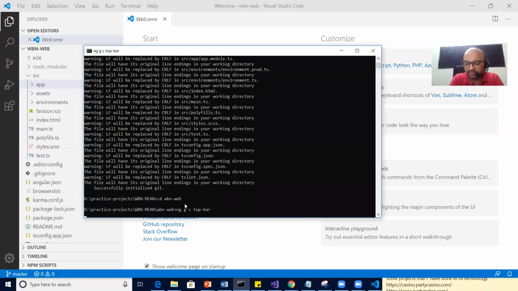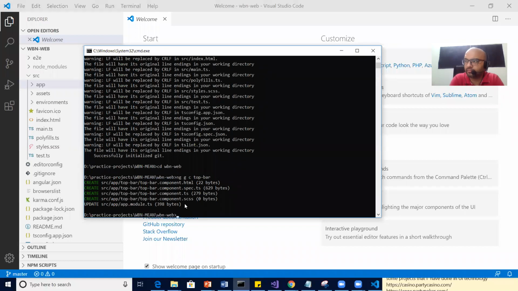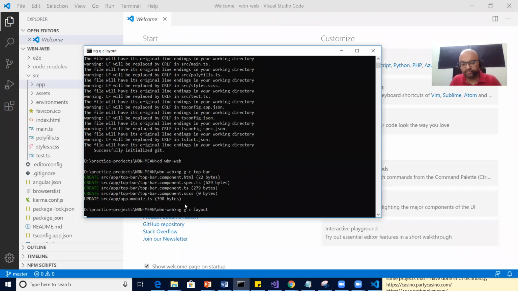One component will get added. Okay. Now one more component, ng g c layout.